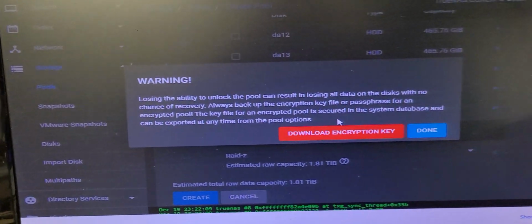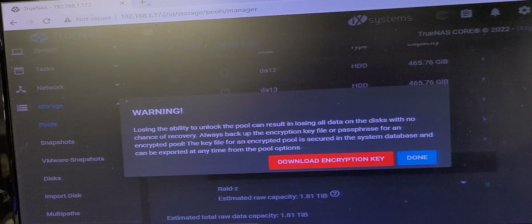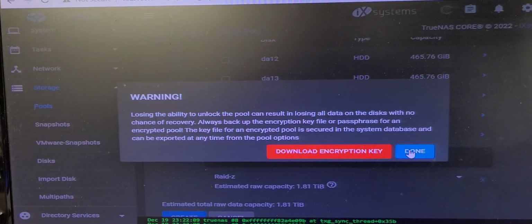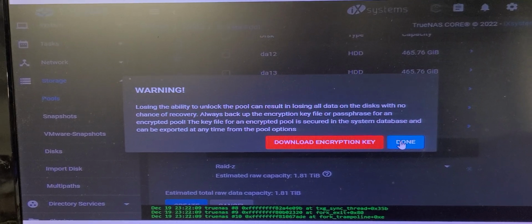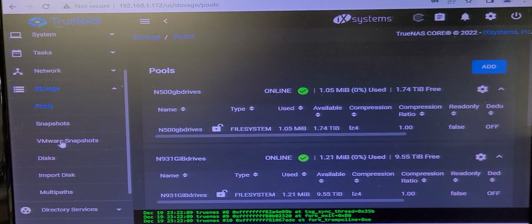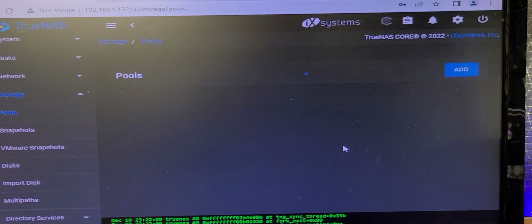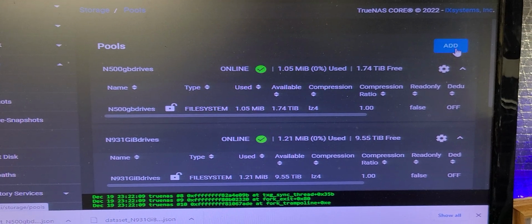Again, because I'm doing encryption, I want to go ahead and download that key, which will be sent to your download directory. Make sure you send those off to a safe haven share so that you have them out there in case you need them. And so what that leaves me with now is basically just a few hard drives. I'm going to add,